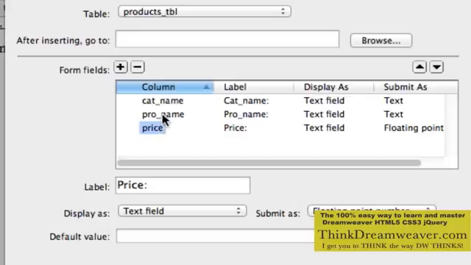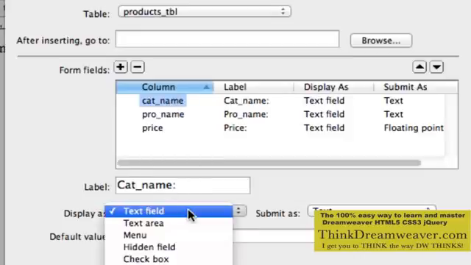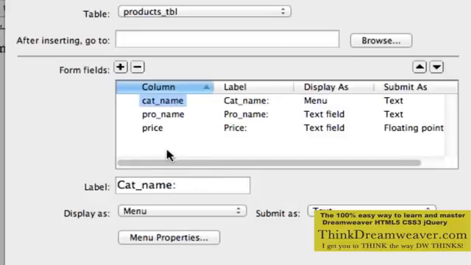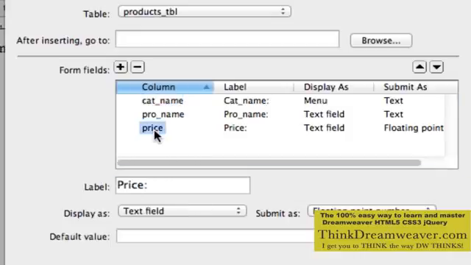Now, important step. These are text fields. I want this to be a text field. That's totally acceptable. I want price to be a text field. That works for me. But the category name here, I don't want that to be a text field based on these choices. I want this to be a menu. More specifically, we're going to change the menu properties. This is going to be a pull-down menu for the menu properties. So again, price will be a text field. That's fine. Product name will be a text field. That's fine. Category name,